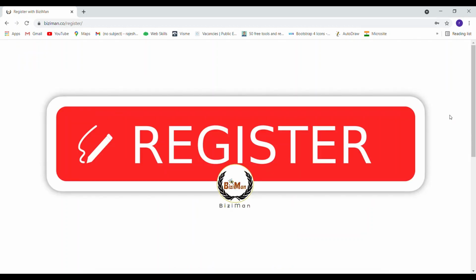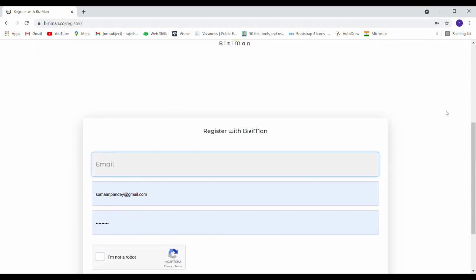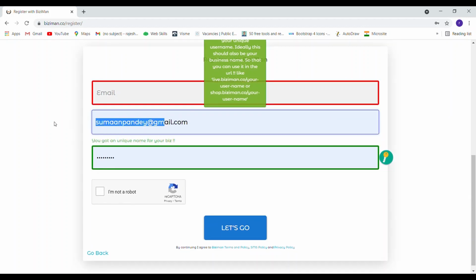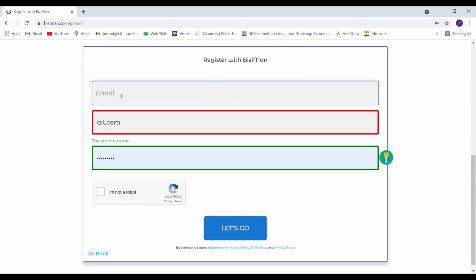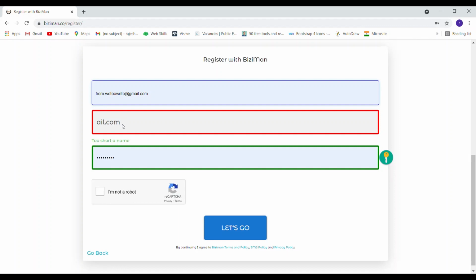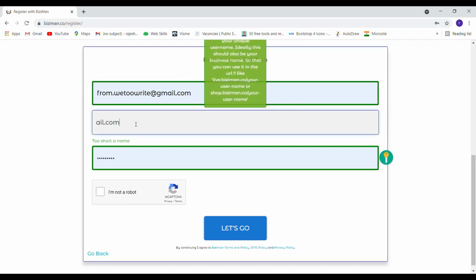Having clicked there, we land at the register page, which has got three simple columns. First, we have to fill in the email. The email is very important, so I will choose an email from my recorded emails, and then I have to